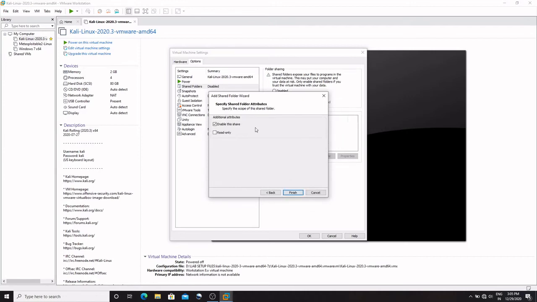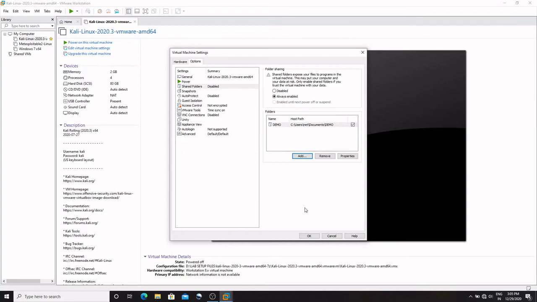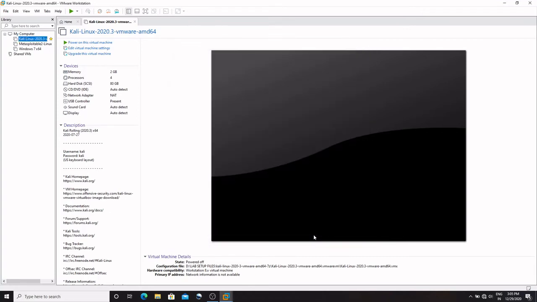Here are two attributes: one is enable this share and the next is read only. We will select enable this share because we will be giving full permissions to our guest machine to configure that file or folder. So we will just finish this. Now our settings are ready. Just click OK, which will apply the settings successfully, and just power on this virtual machine.